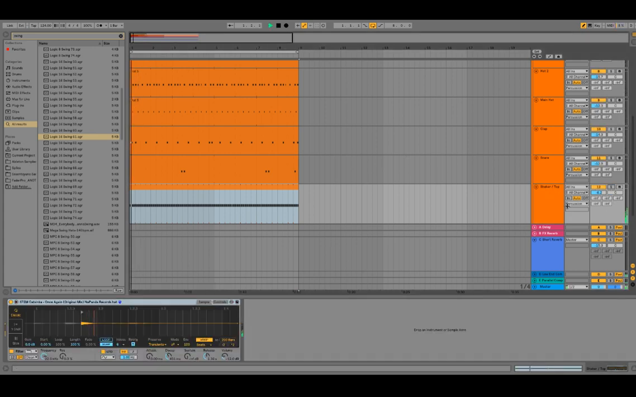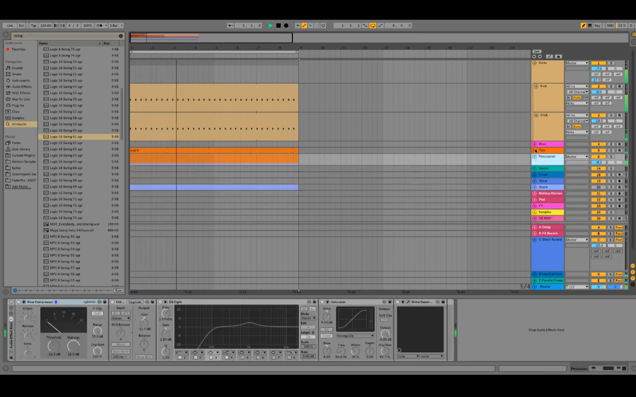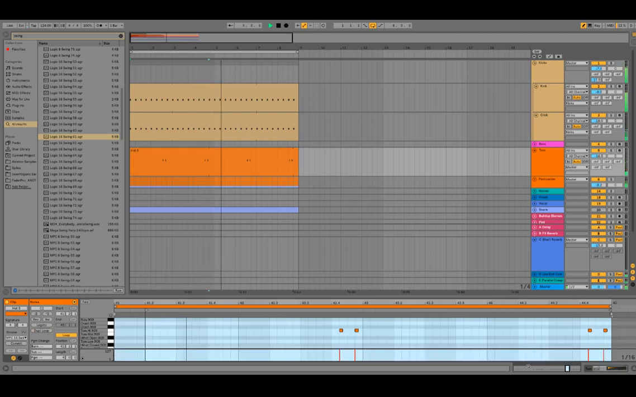So if we listen to the groove, I've also got a little tom pattern at the end. I'm going to change that slightly. Might keep it the same